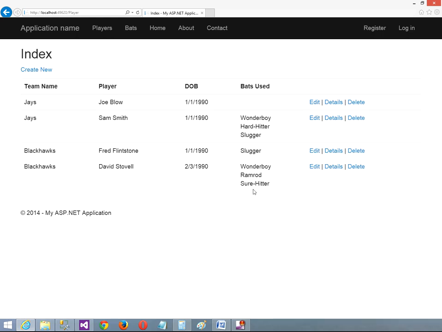Create that, and see, they're nicely listed there just by looping through the bats collection inside the items as we're looping through, making each row in this HTML table from the items in the model. Pretty straightforward. Okay, I will post the code of this working example here so you'll have a copy of it,